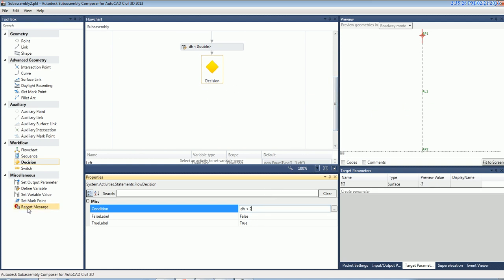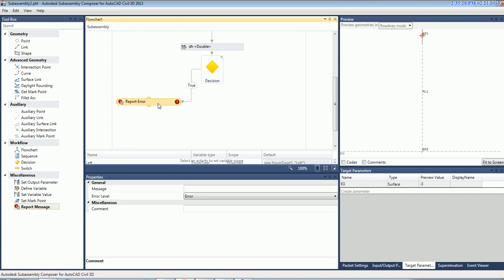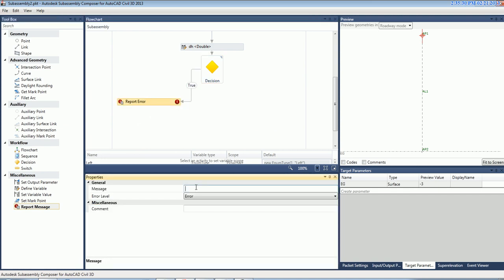So I need to inform the user that this depth is less than the lower limit of the retaining wall. Now if the delta h is greater than 2 meters or equal to it, I am going to make